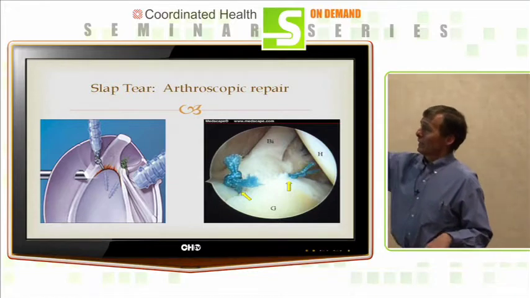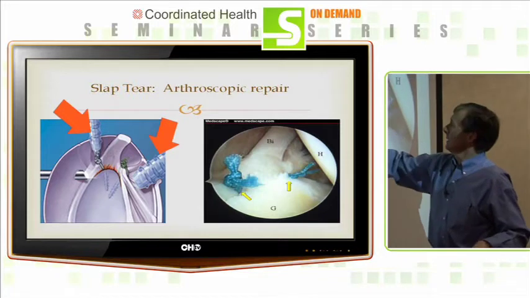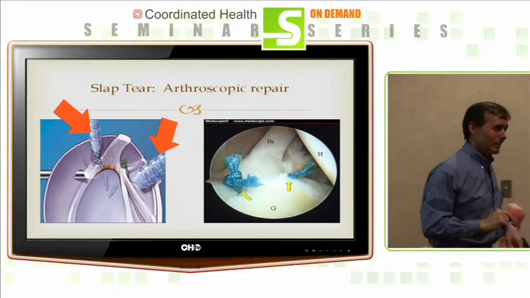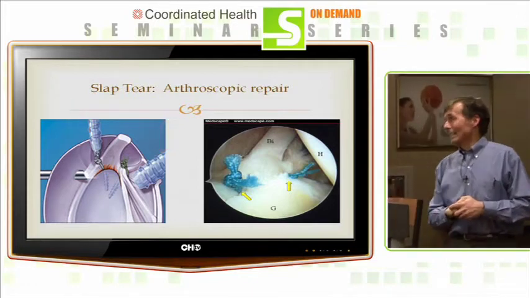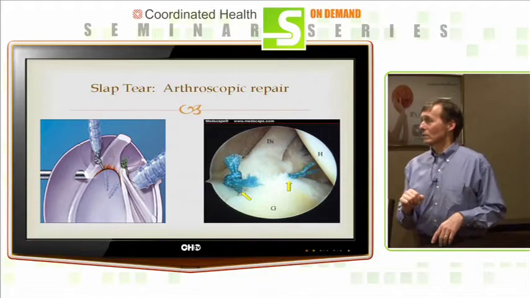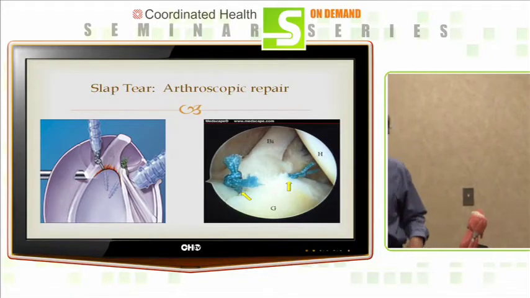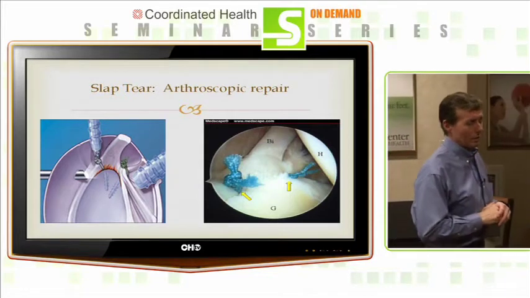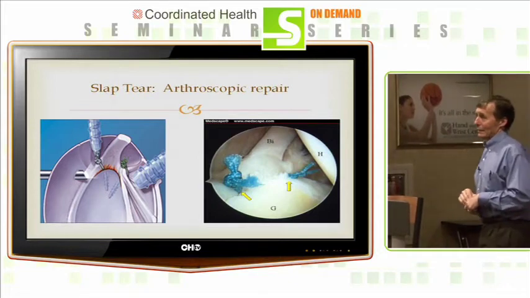This is the repair. You can see the anchors going in, the repair being made. But if you'll notice, these are pretty big knots, and we've gotten rid of those. I always worried about those knots, because here's the humeral head. This is the ball. And you know it's going to be rubbing on that knot a little bit. Now, those sutures do get covered in some fibrous tissue, but I think we've come a long way going knotless on that.